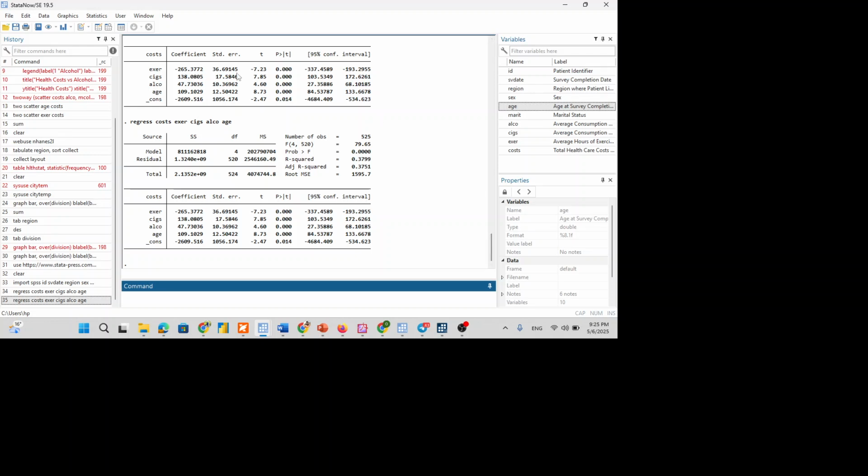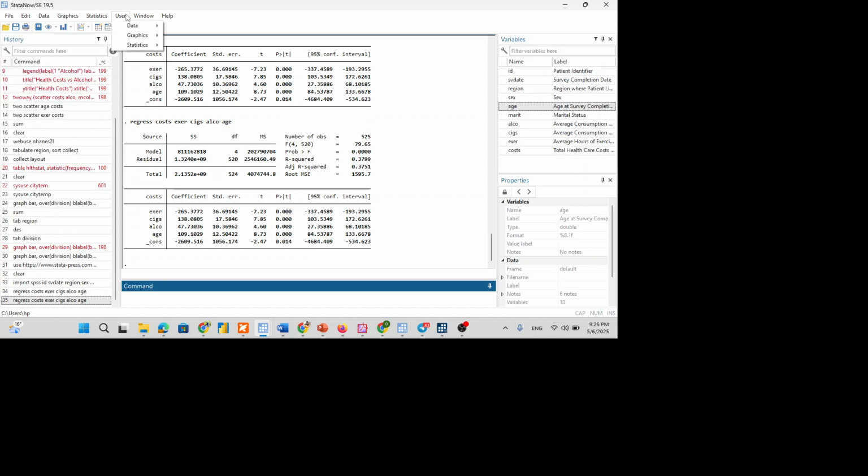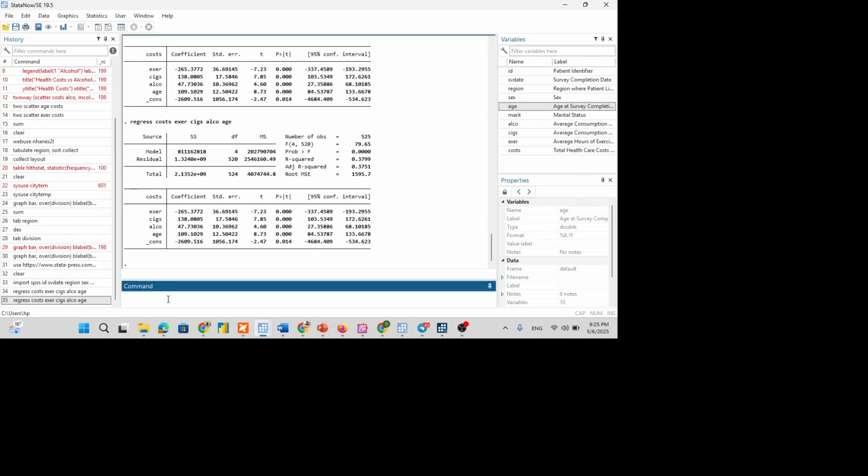So the third one is if you want, you can open a do file for this purpose. This is enough. But the next step is to run the correlation between variables.